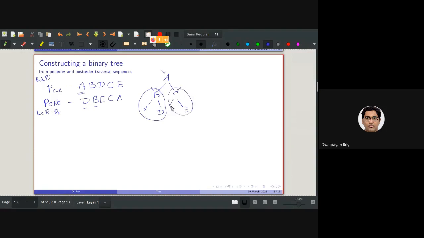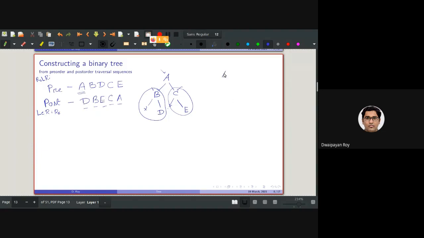We go to the left, null. We go to the right, E. So for this tree, left done, right done, then root C. And for the whole tree, left done, right done, then the root A. So for this tree, the pre-order and post-order traversals are these.